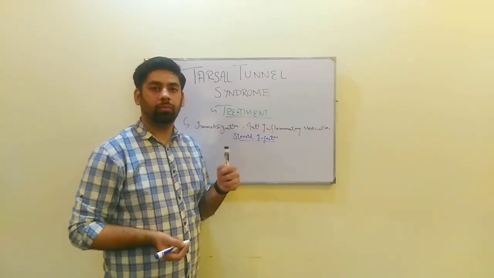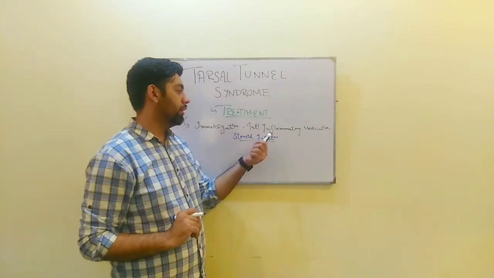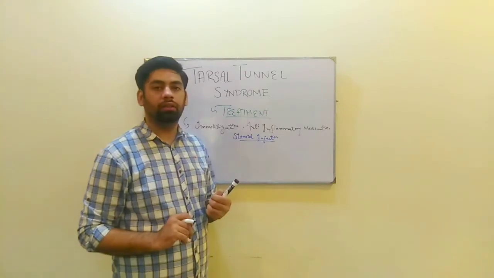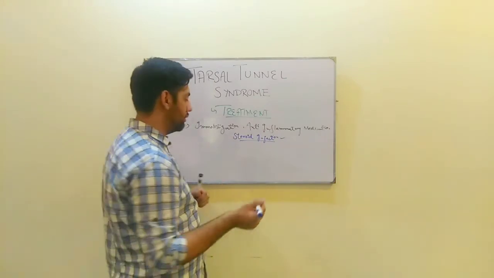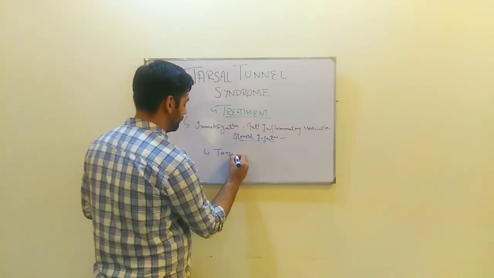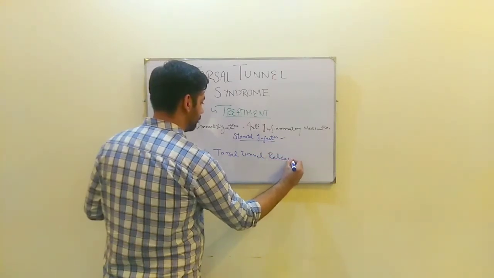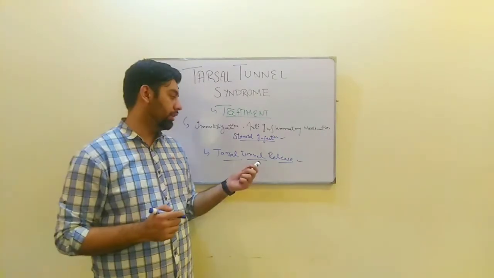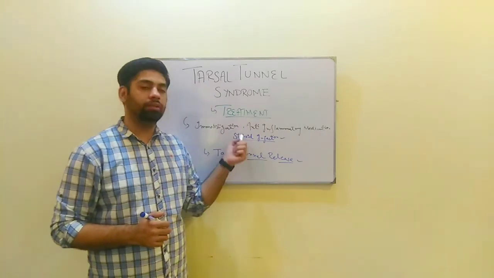First is the immobilization, immobilize the foot. Second one is the anti-inflammatory medication to decrease the inflammation, and third one is the steroid injection, which causes relief of pain in quick time. And talking about the surgical treatment, there is only one, which is the tarsal tunnel release. It is a surgical procedure in which space within the tarsal tunnel is increased so that the nerve doesn't get compressed. So these are the two treatment regimes which you can follow.